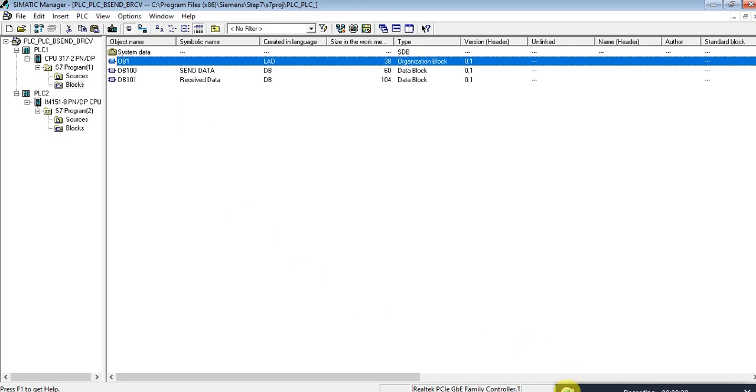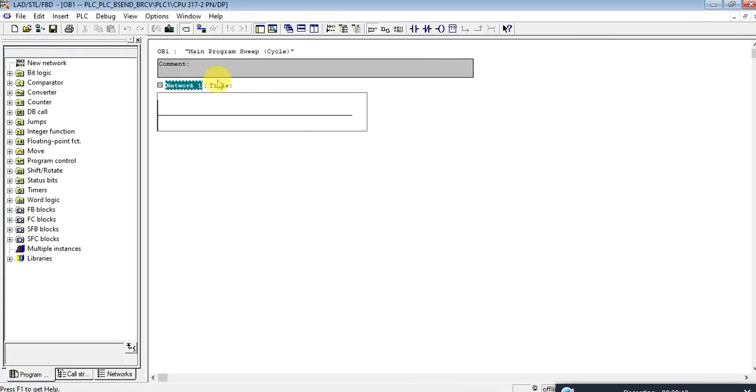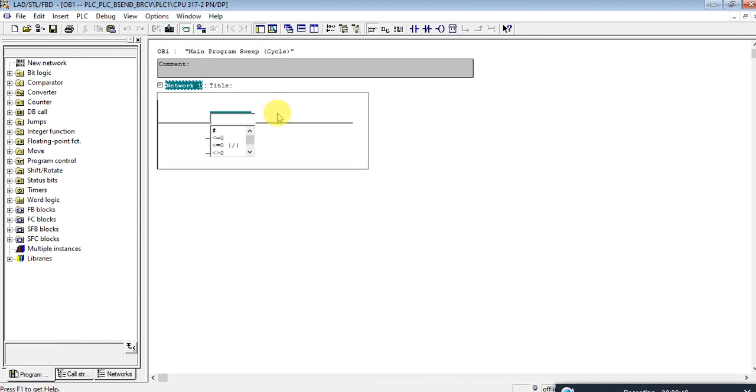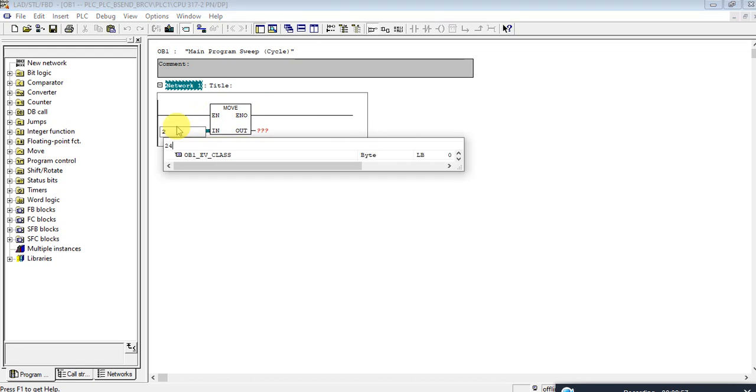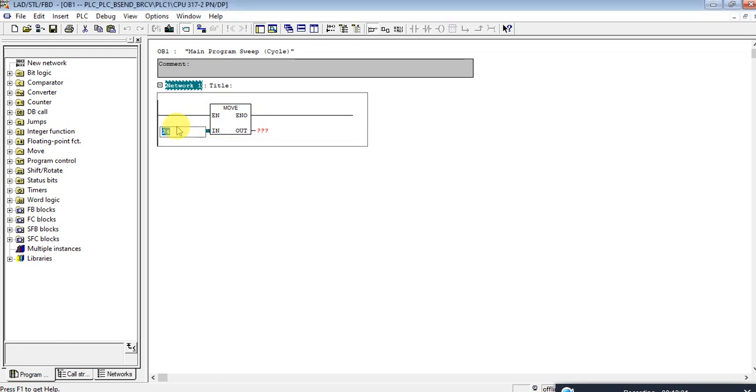Okay, open. On my first one, I have to move the lengths of the data because BSEND and BRCV need data lengths. So I have to send 24: the length must be 24, and the memory word 2, and so I will receive 24